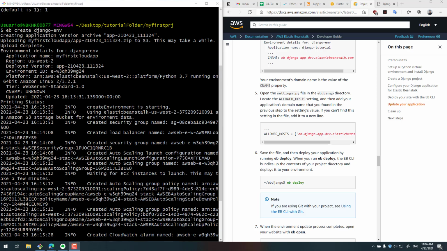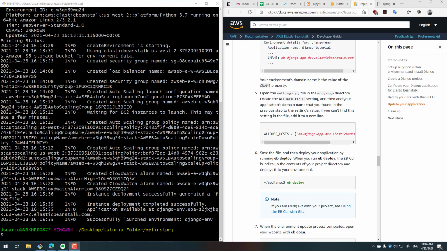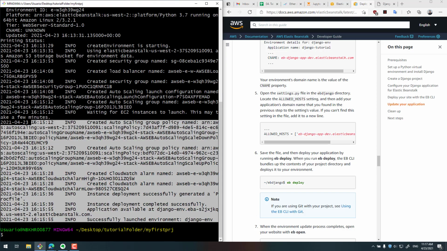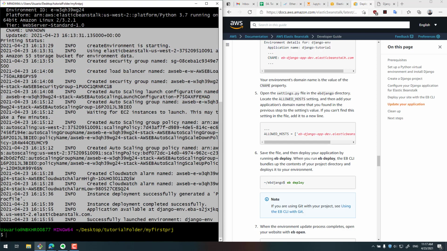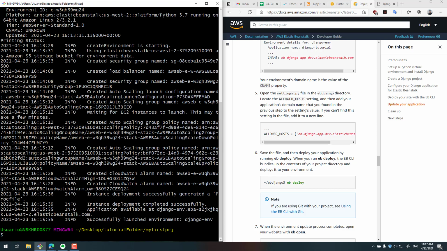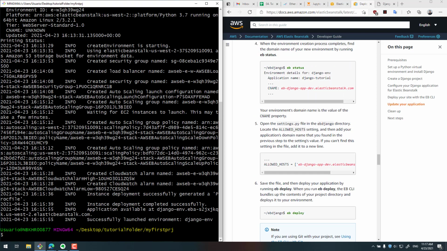And there is a log with the steps it did for the creation of the environment. You may want to check this. It will make a lot of sense. But we're not gonna focus on this right now. Instead, we're gonna just use the environment. But there is something important. You have to do an eb status,